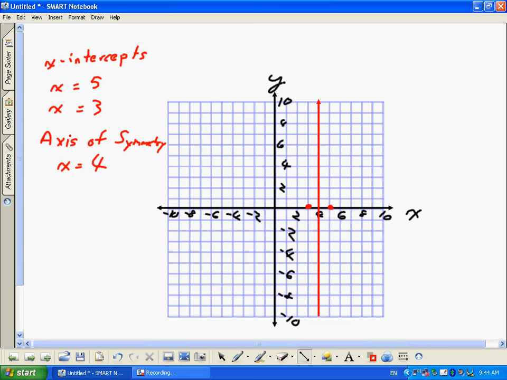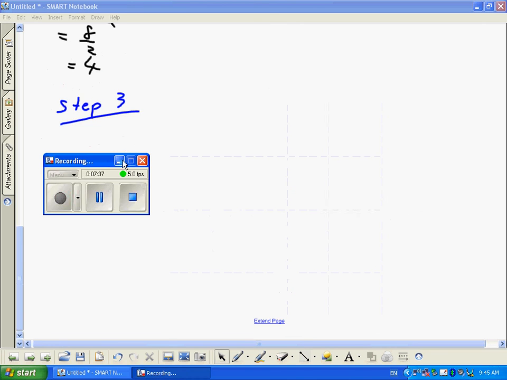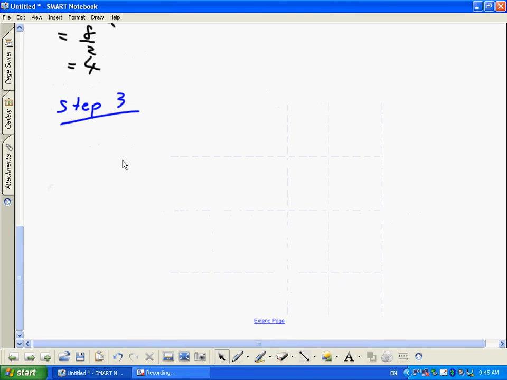If we were to flip the parabola from left to right, we get the exact same image. That's why it's called the axis of symmetry. It's like putting a mirror in the middle of your face. Okay, you're going to get the exact same image on both sides. Okay, so we have our axis of symmetry. We graphed it. Step 3, we said we want to find the vertex